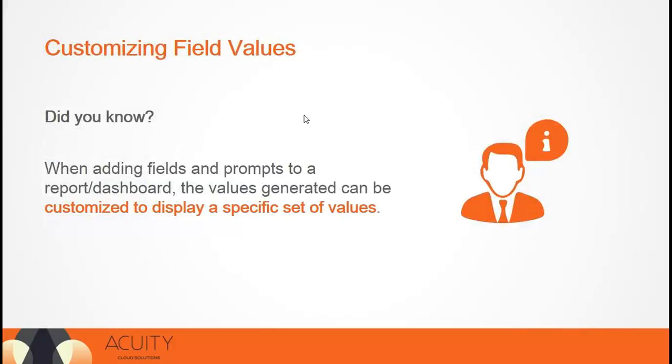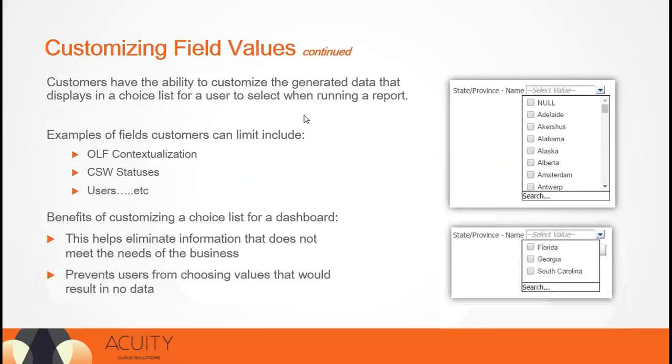When you add fields and prompts to a dashboard, the values that are generated can be configured so that it will only show a specific set of values. So when you are building your dashboards and configuring the prompts for the dropdowns, you have the ability to configure those dropdowns to contain only specific values. Let's say, for example, you're a company that only employs in the southeast region of the United States. When running reports, you have the ability to limit the locations available to your users to only show Florida, Georgia,